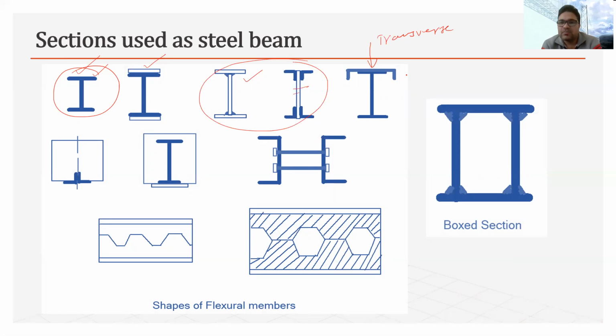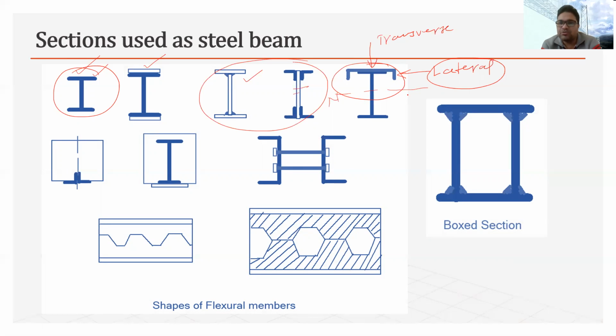But sometimes there may be a load in this direction, and this will be a lateral load. In that case, the beam may have torsion. So when such a tendency of lateral load will be there in a building, in a beam, then what we do is we try to make the compression flange of the beam a little heavy or a little strong,